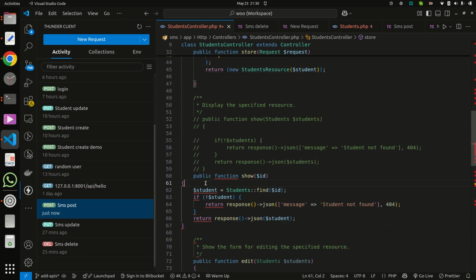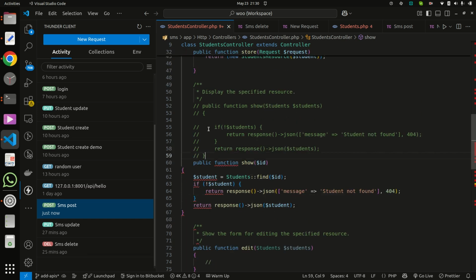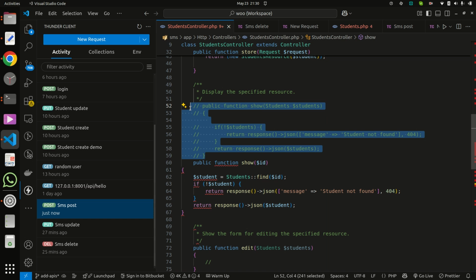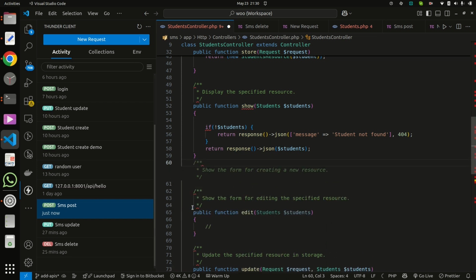Like we are changing inside the model, and now in the response it is giving JSON. So we are changing for that.